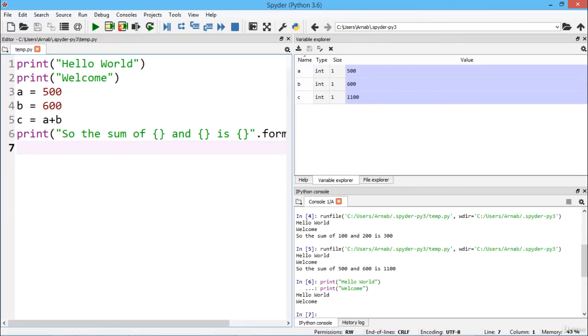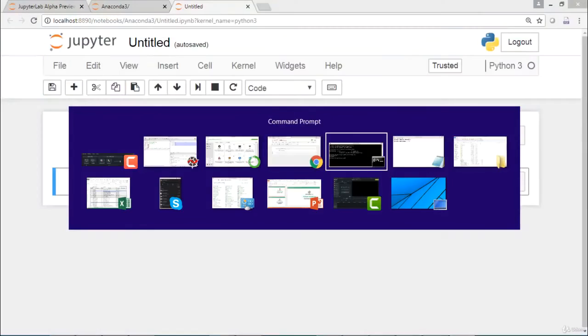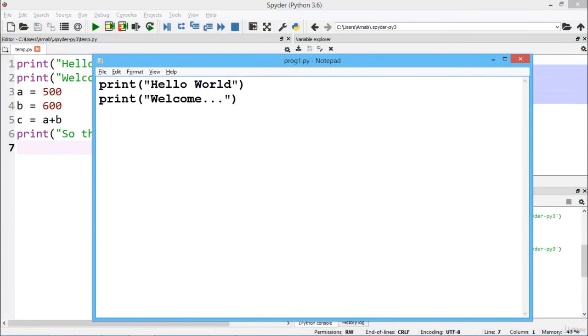The common extension for a Python file is .py. This is the extension we had in our notepad, that is prog1.py, the normal extension for a Python source file. We have other extensions: pyc, that is compiled bytecode; pyd, that is a Windows DLL file; pyo, that is a file created with optimizations; pyw, that is a Python script for Windows; and pyz, that is a Python script archive.